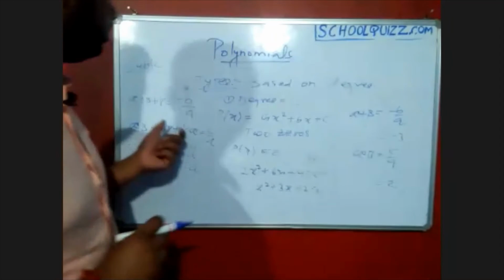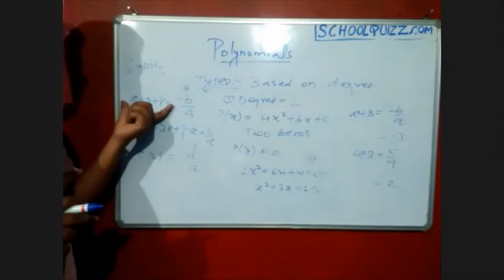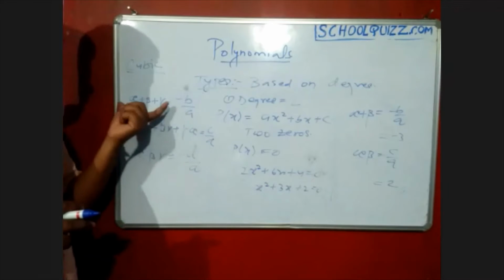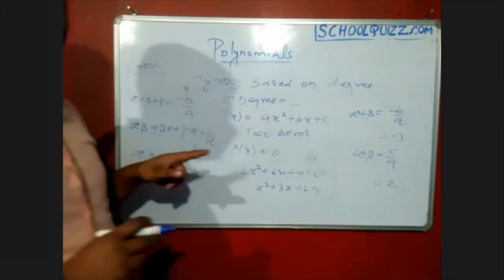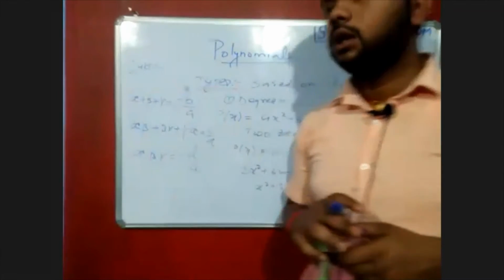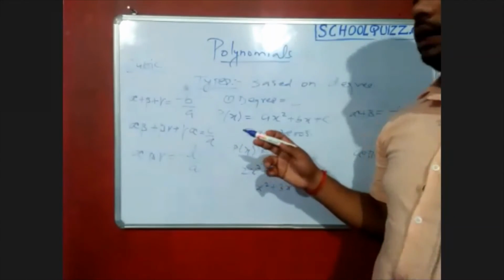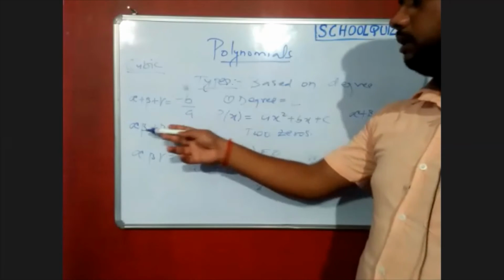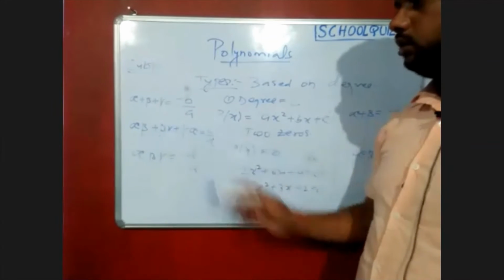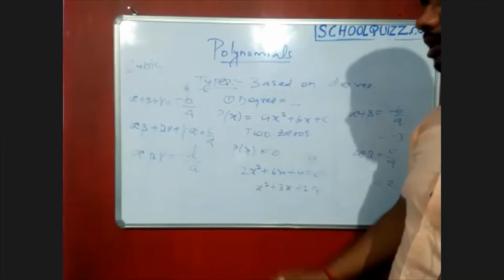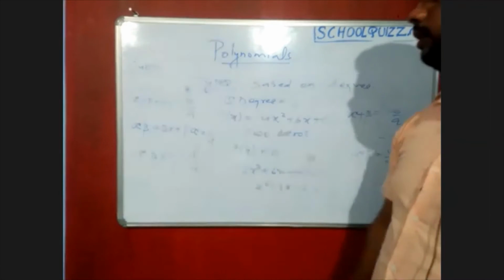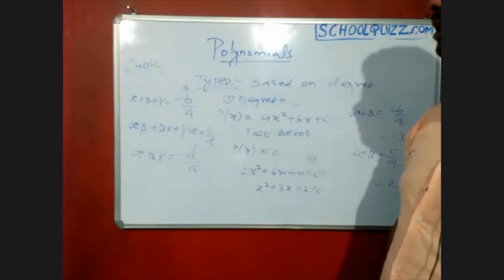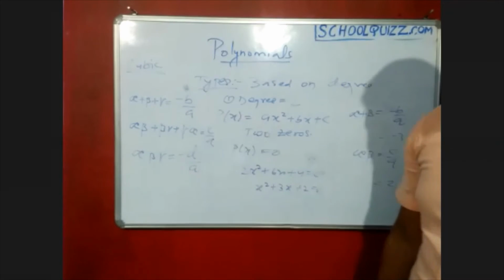If it is a cubic, there are three things you need to find. That is the sum of the zeros, three at a time. This one, alpha plus beta plus gamma, three zeros are there because we are discussing the cubic, which means three zeros will be there. And if it is the sum of zeros two at a time, so this one. Product of zeros: three zeros are there, which means multiply all the zeros. So these are the relations between the coefficients and the zeros of the polynomials.